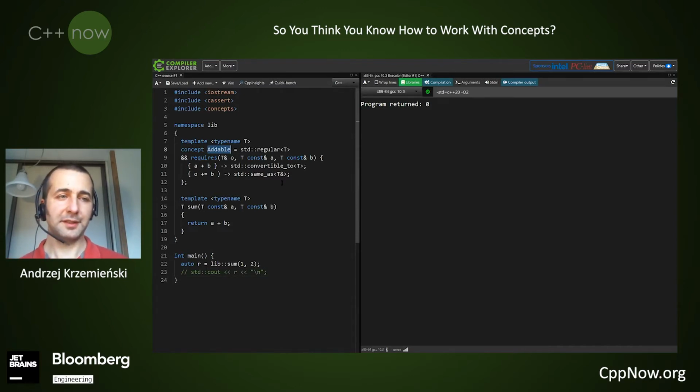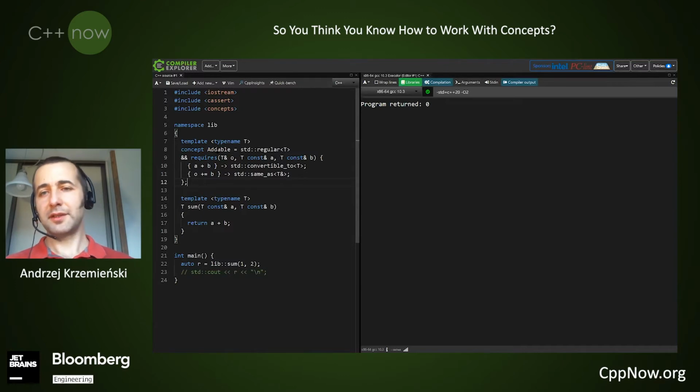If you attended Jeff's talk on Tuesday, he says that a concept like addable is probably a code smell. But again, first, forgive me, but I have to fit it into a 90 minutes presentation. And second, the point of this talk is to show you how we can do some silly things and then perhaps correct them. So actually, it's my point that it may be too small. But I assume that you already are familiar with concepts, at least superficially. So you should know what it does. I will only make a very brief introduction.